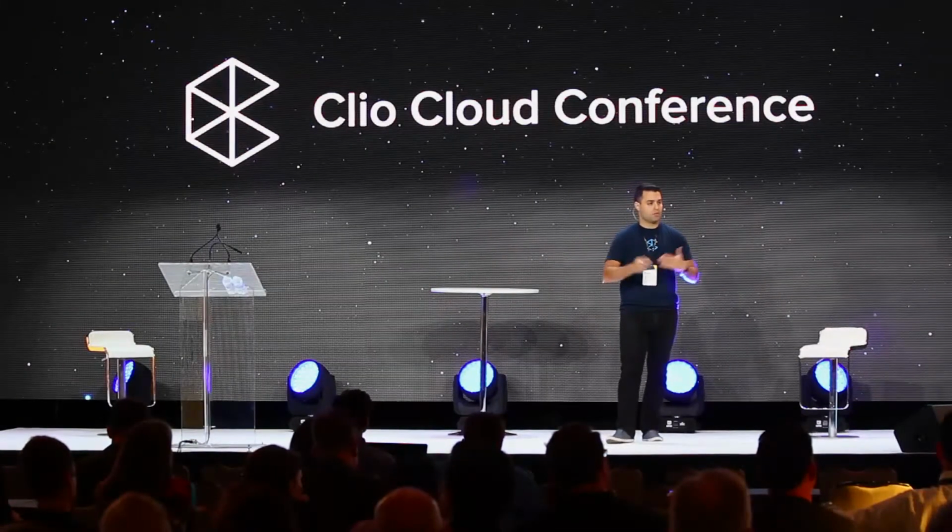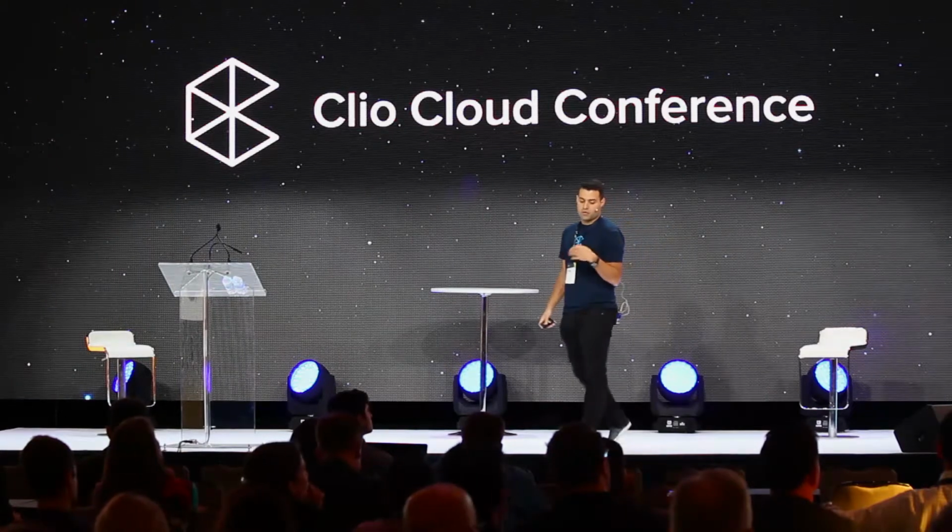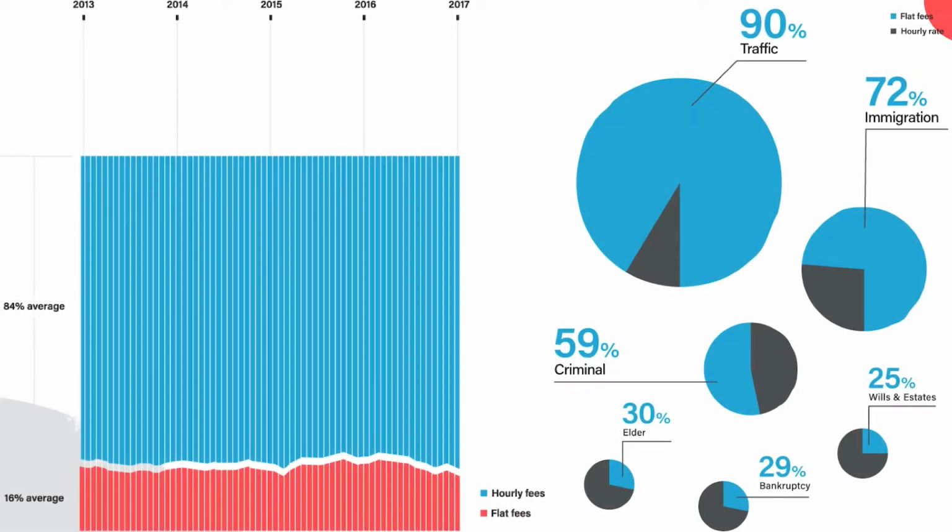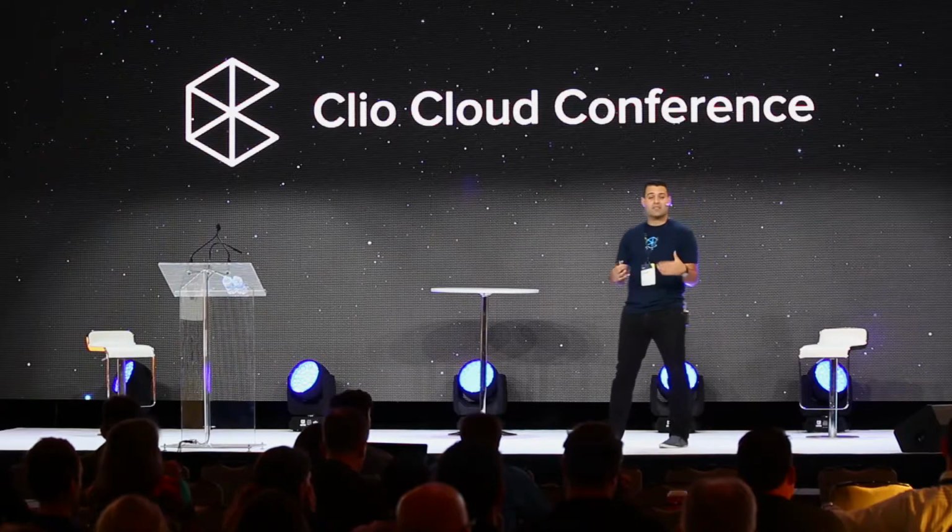One other thing I always find really cool is assessing fee structure. In Clio, we let people track billing as either hourly, flat fee, or contingency, basic divisions of billable types of billable value. So we take a look at how these things have trended over time. In the first chart here, we've excluded contingency fee settlements altogether and are just comparing hourly versus flat fee. We've seen really, really steady divisions. The blue bars are hourly billable value. The red bars are flat fee billable value, and a divide between them. It came in at around 16% of the billable value in Clio over the course of 2016 being flat fees versus hourly, and that's trended pretty steady over time.